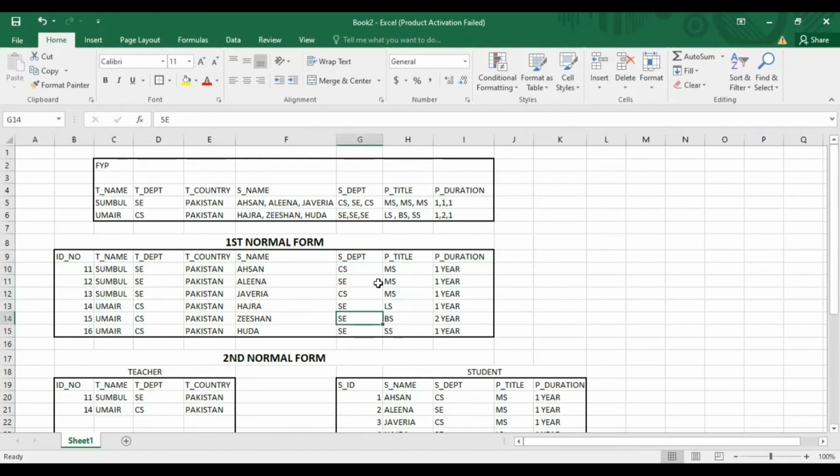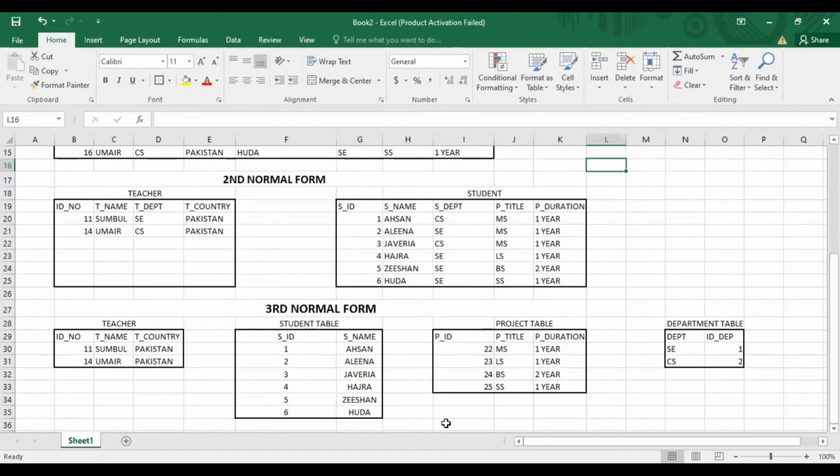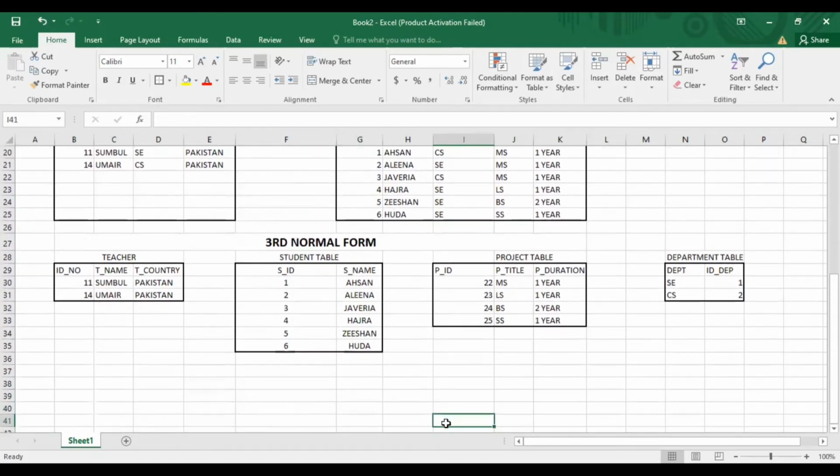So we cannot delete this because we have to delete all this. Okay, so this is a loss of information also. And now what we will do, we will create relations. In this, the first relation I will create is: what is the relation of student and teacher? Who is the teacher of Hassan, who is the teacher of Alina? So in the third, in a new table, we will create relations.